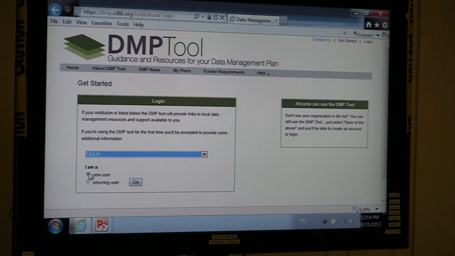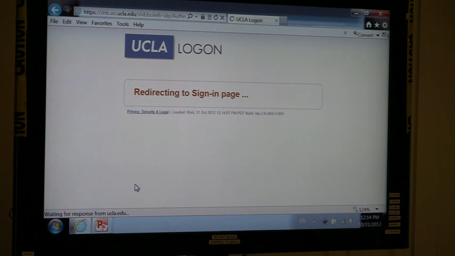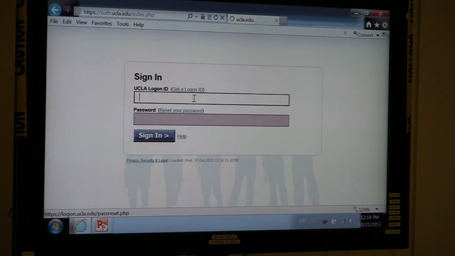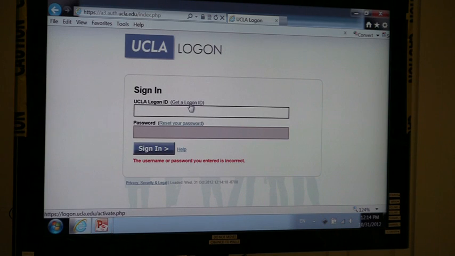The first time you log in, of course, you'll select that you're a new user. I'm a returning user, so I'm going to select that instead. And you'll log in just the way that you normally would to any UCLA resource with your BOL account. Whoops. Oh, you just saw part of my password. Okay, so